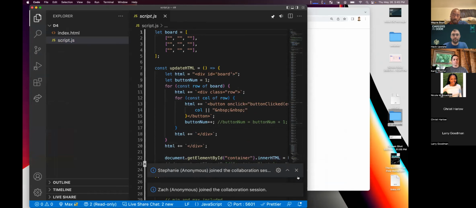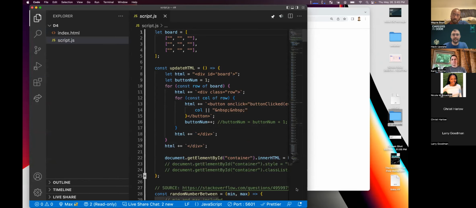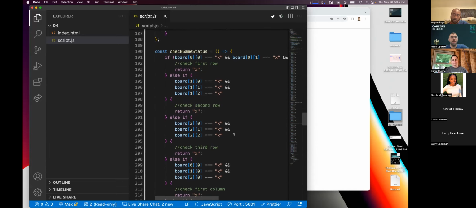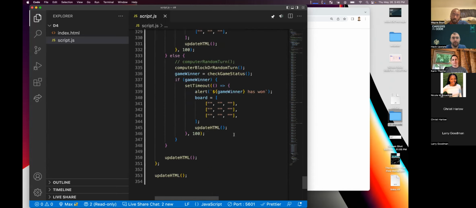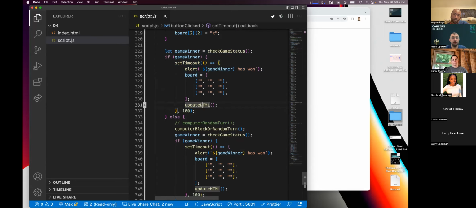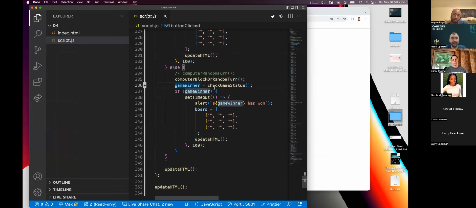Okay, so there are 2 things that I noticed right off the bat that I want to clean up. One is down here. We've got code copied and pasted, right? We've got check game status, and then we've got a set timeout, alert who's won, clear the board, update HTML. And then we do all of that again. We check game status, we check to see if there's a winner, we set timeout, we update HTML.